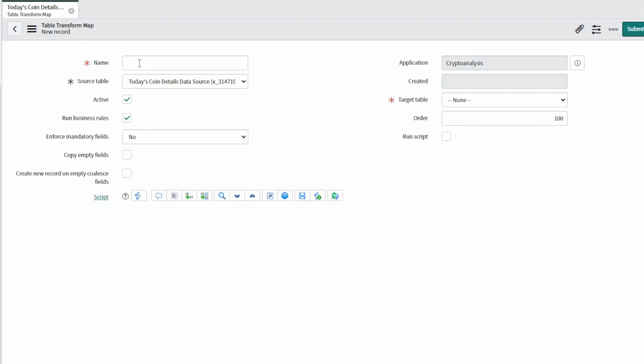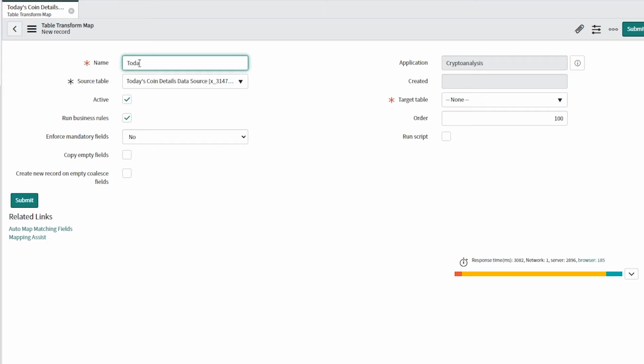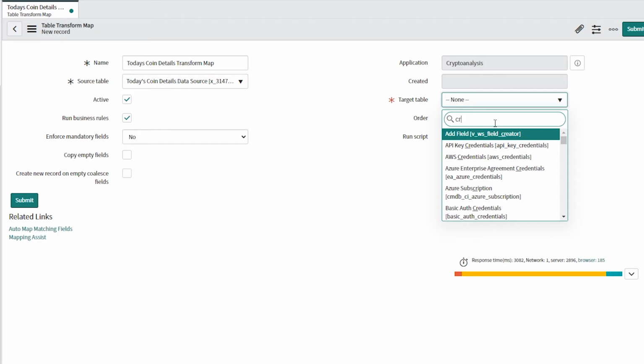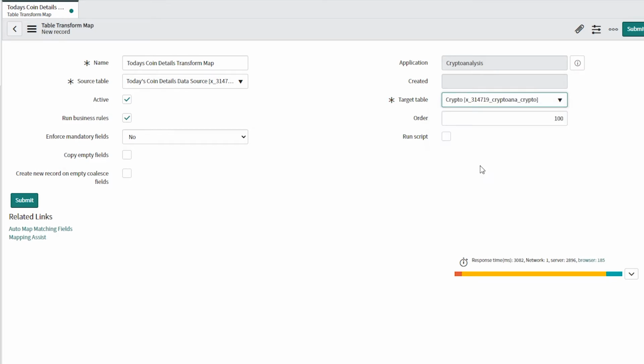and let's give it a title. I'm going to put today's coin detail transform map. So this is going to be our source table. It's already selected. Okay, the target table is going to be crypto table. Okay, I'm going to put order here 300 and click on submit,